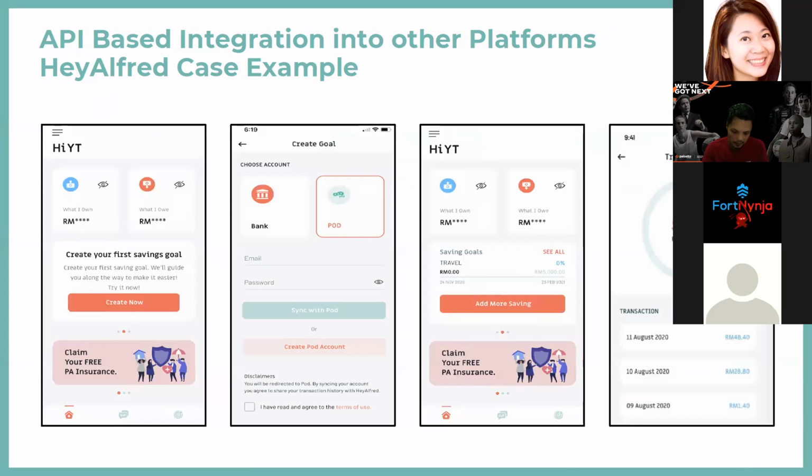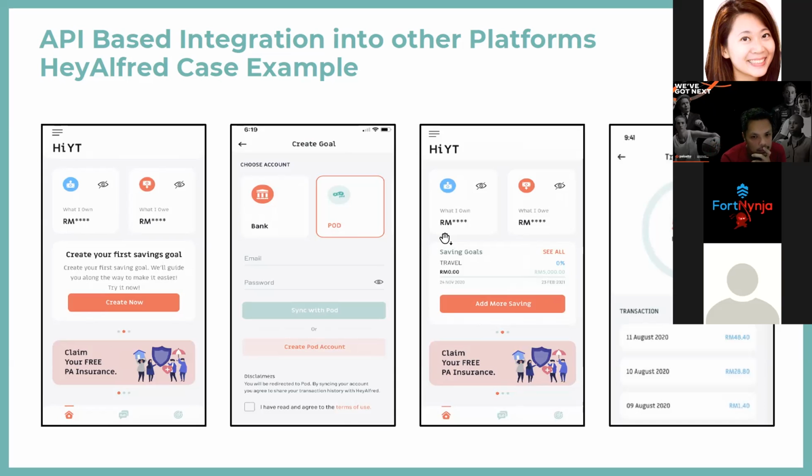So for Pod, on top of our own application, we have also developed our own set of APIs for partners to integrate with. We have a very open mindset about working together with different players in the industry, for instance, personal finance management apps, gig platforms, and financial institutions, so they can link the user to their Pod saving app. This use case of Alfred will be the closest to what you'll find in our API documentation.